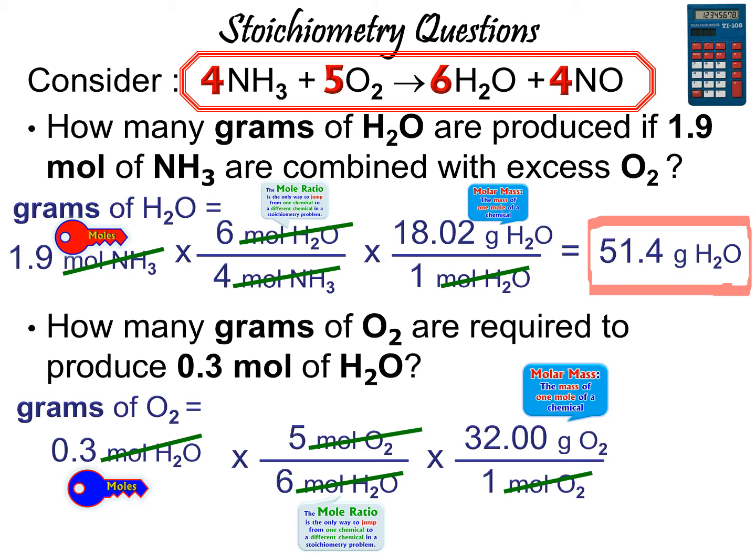My answer is 8.0 grams of oxygen. Now notice I didn't really have to divide by 1. If there's ever a 1 that you're multiplying or dividing by, I would recommend skipping it, because if you multiply by 1 or divide by 1, you will get the same number you had before. Also, there's a chance you might make some kind of typo on your calculator, so it's just not worth the